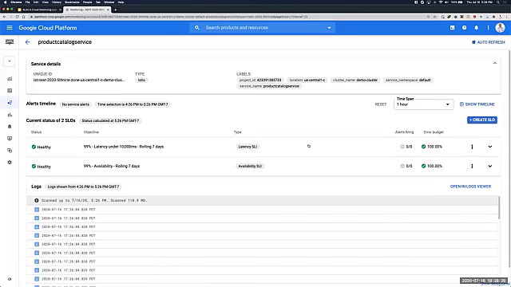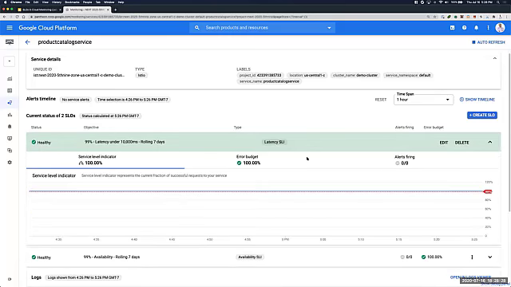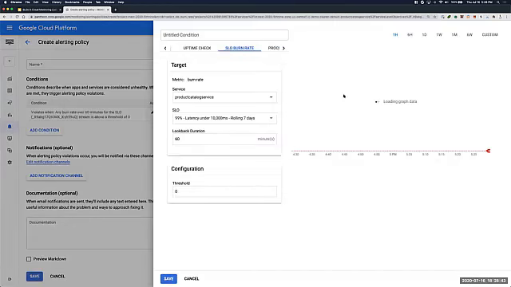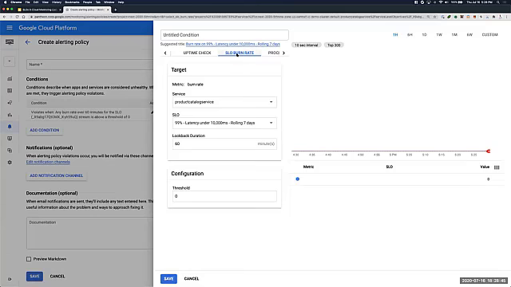I can click on this SLO to then get information about my service. You can see that here's my SLO compliance, my error budget. All this information is easily available. From there, if I want, I can go ahead and create an alerting policy if I want to be notified if my latency degrades. It creates an SLO burn rate alerting policy that allows me to specify two things,